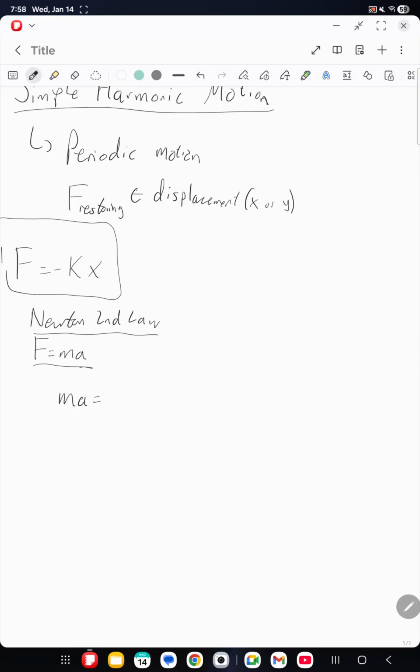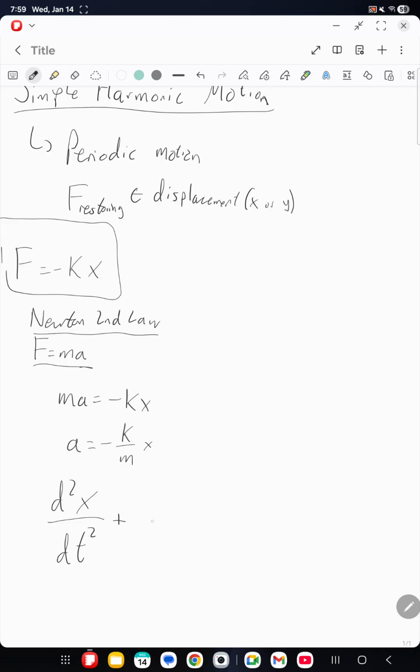So ma equals negative kx, and that means we could rewrite that the acceleration is negative k over m times x. We could see that a can be written as the second derivative of x with respect to t, the derivative of speed, or better yet, the double derivative of x